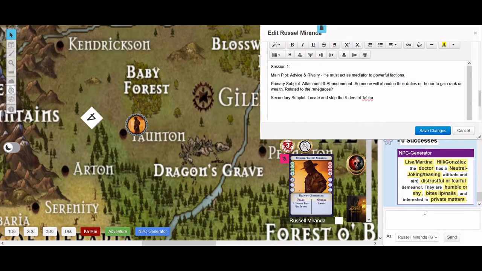Okay, so we'll say Lisa Gonzalez. See, I have these kind of combined, and I threw all the NPC tags and the mannerisms and everything in here. I don't have to use them all at the same time, but we're going to start with, let's say, Lisa Hill. That sounds good. Lisa Hill, who is a doctor, and she has a teasing attitude and a distrustful or fearful demeanor. Okay, well, that makes sense,